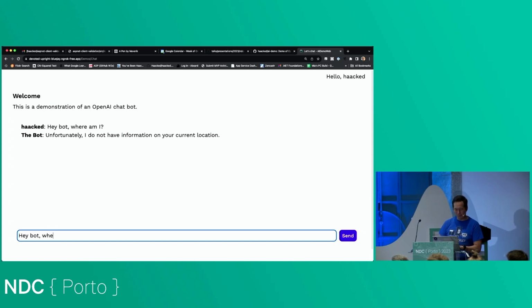Okay, wait, hey bot, where do I live? Okay, this one I've pre-populated. So it's generating an embedding, passing it in, comparing it to the embeddings for all the facts it knows, and returning one that has a score of higher than 0.8.